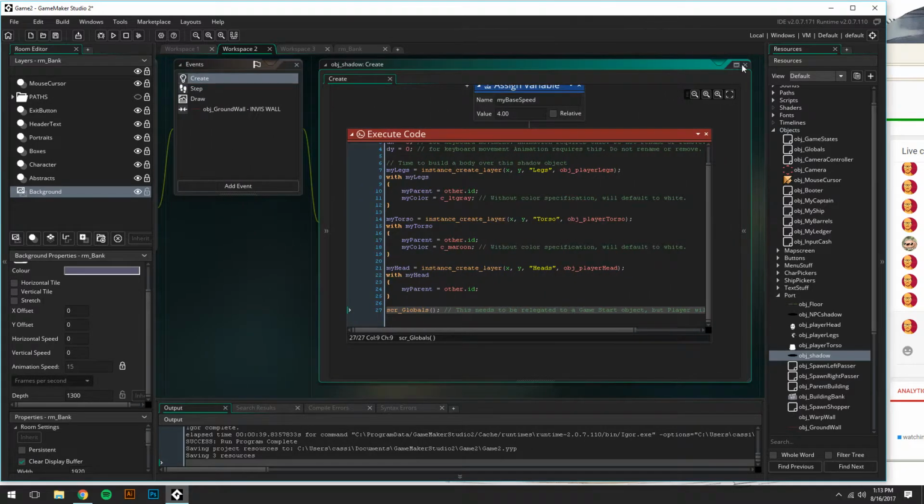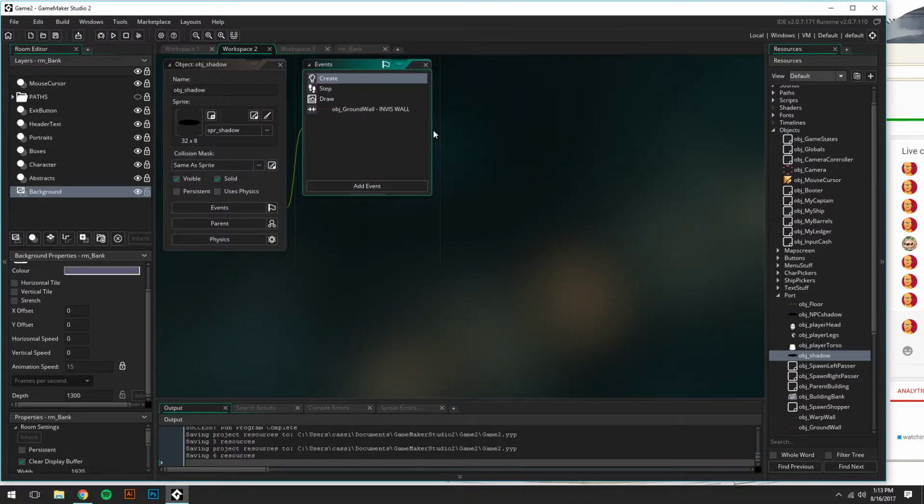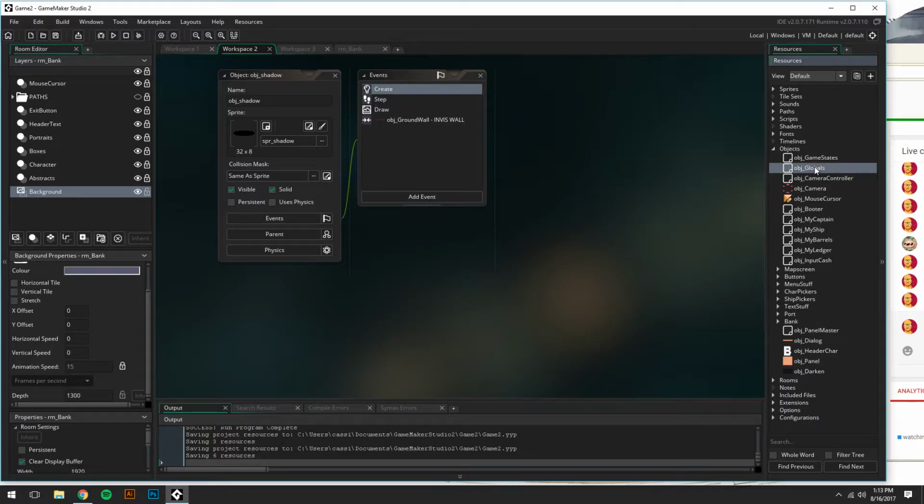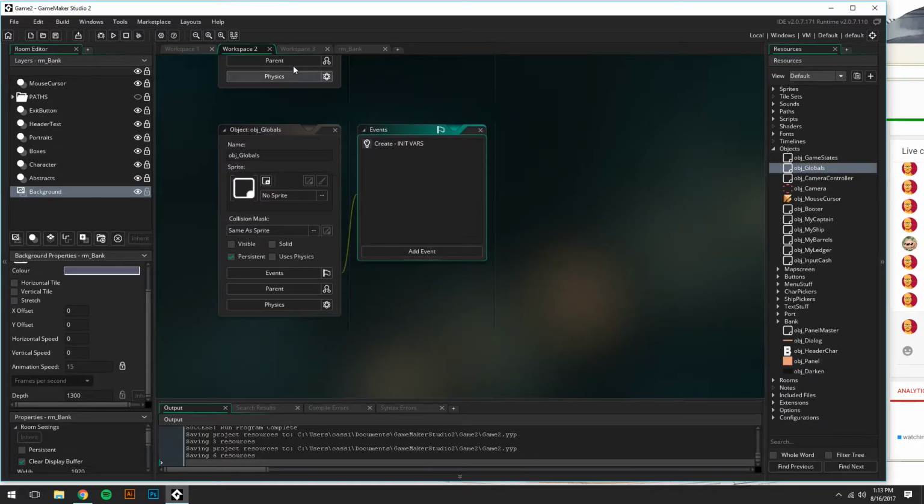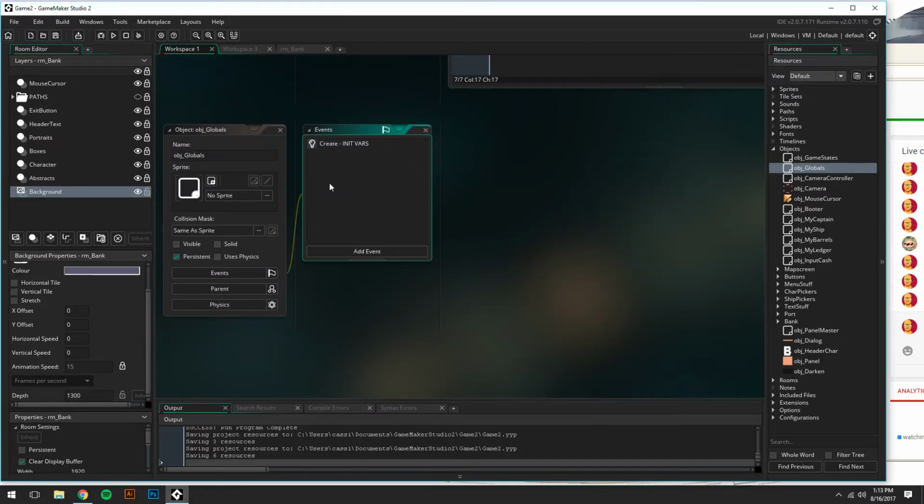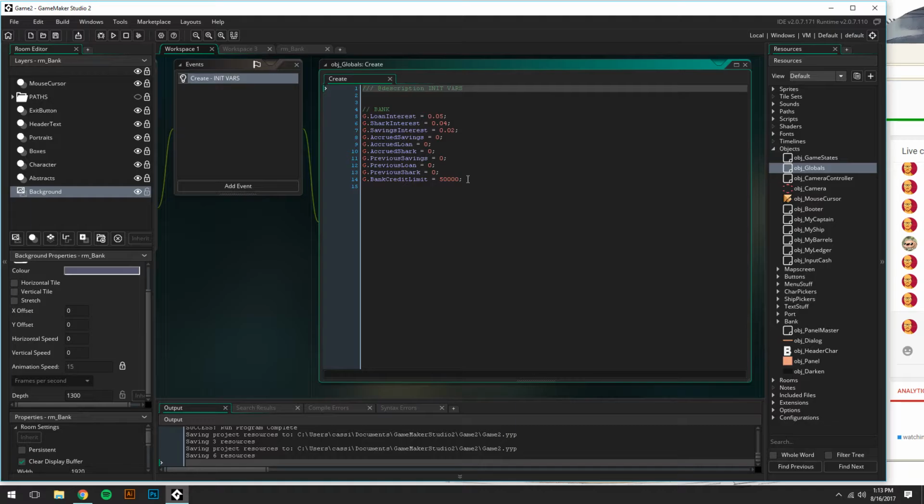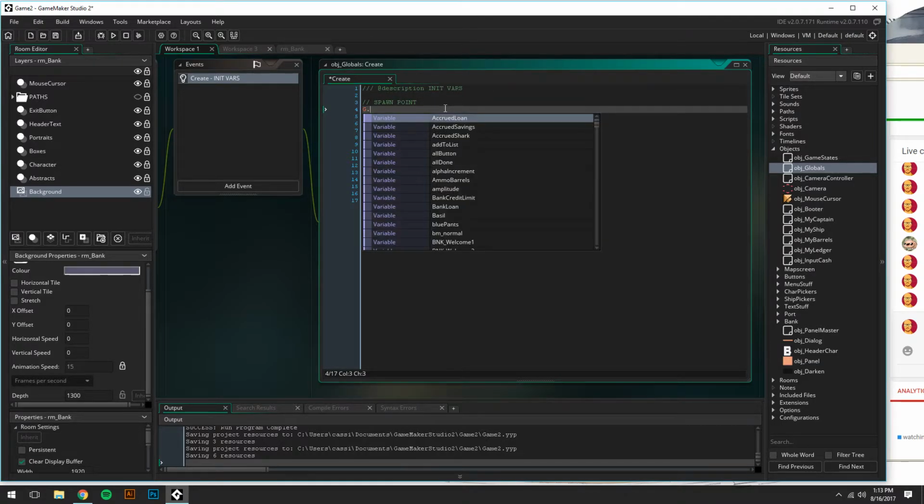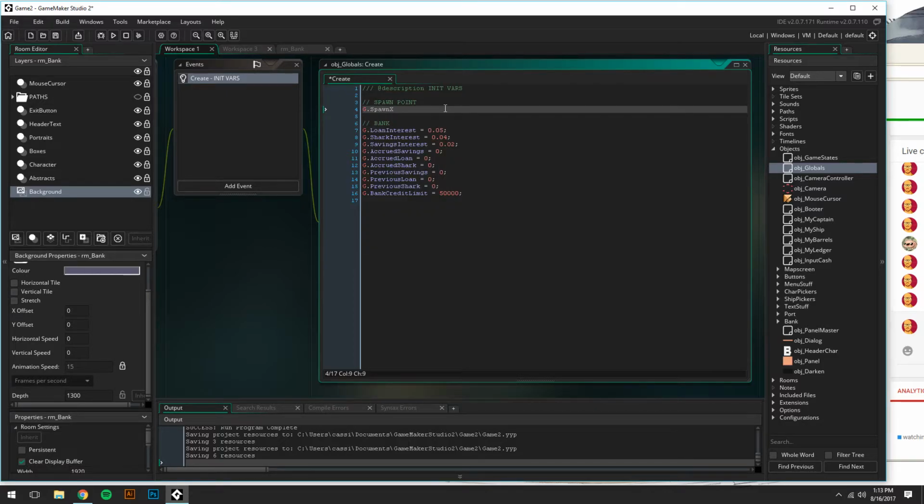Alright, let's go to our OBJ globals. Oh, this is in works. I didn't mean to kill workspace 2, but whatever. Alright, so spawn point G dot spawn X